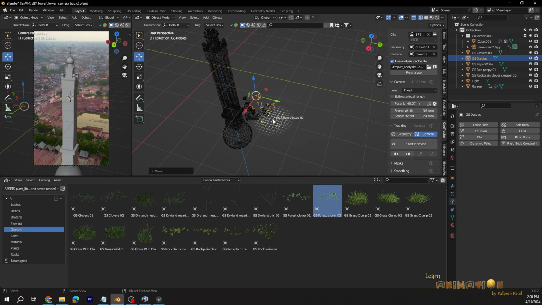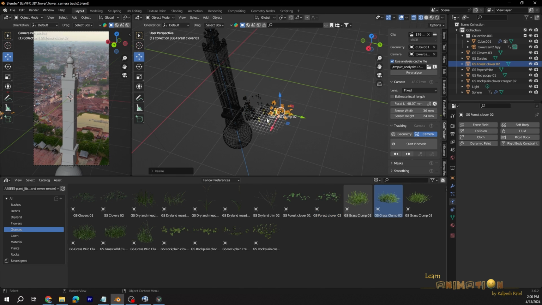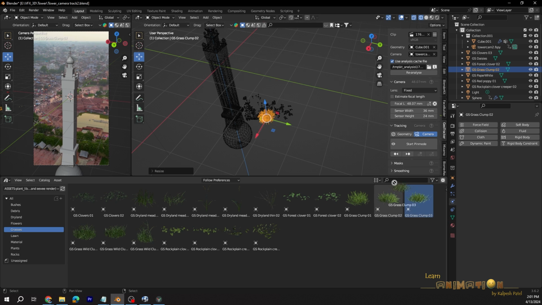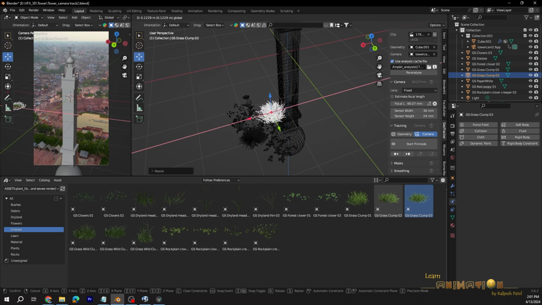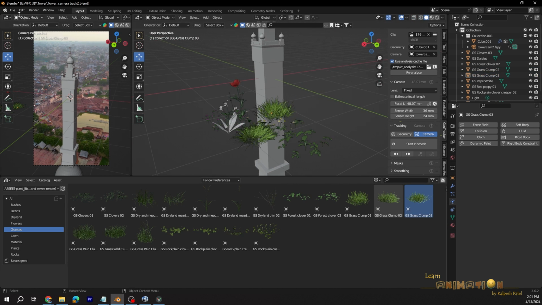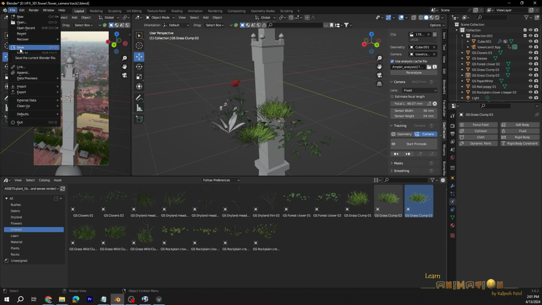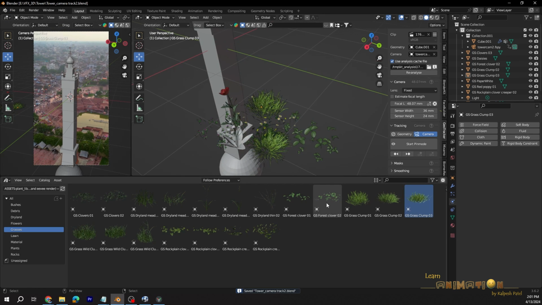Go to these plants, get some grass. You can keep saving the scene, so if it is crashing anytime, you won't lose the work.